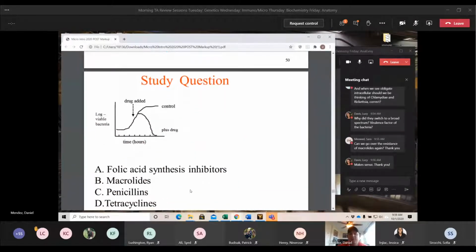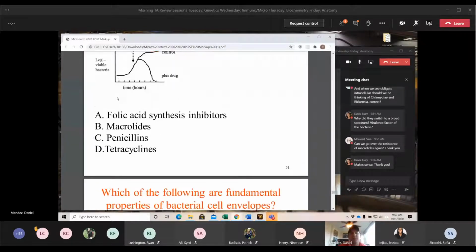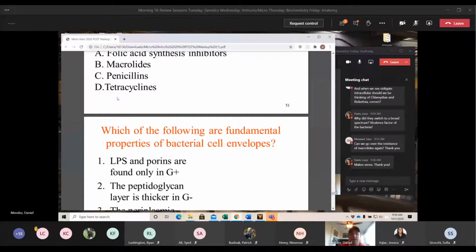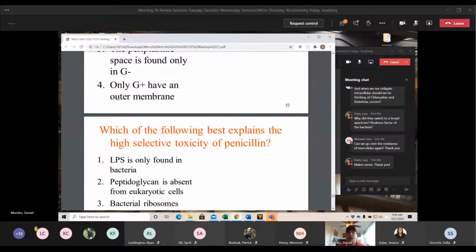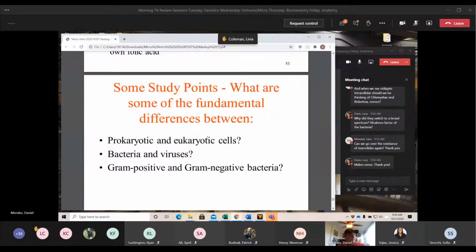All right, so here is a good study question. You might see something like this. His study questions are very good. They're on point, but they are not the same as the test ones. They are slightly lower level than the test questions. So make sure you can go through these and answer them. Like I always say, when you're going through, answer it, but then also go through which ones are wrong and why those answer choices are wrong. That'll help you expand your knowledge a little bit more. And then this is some good basic information that you need to go through.